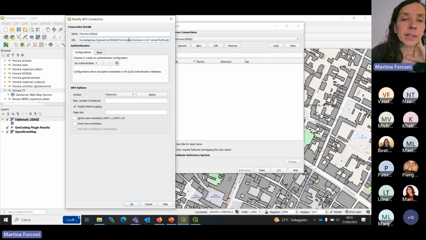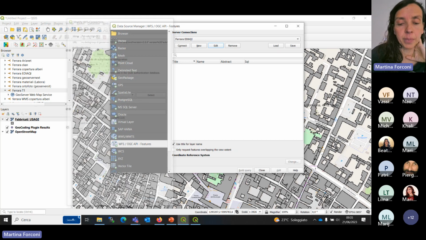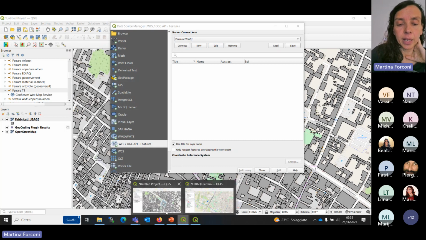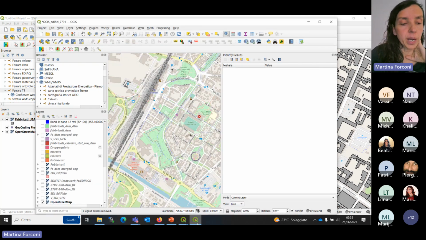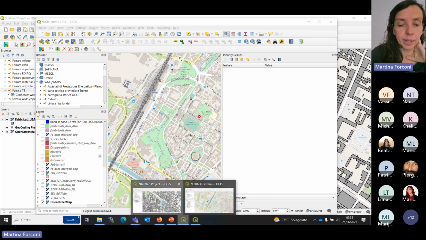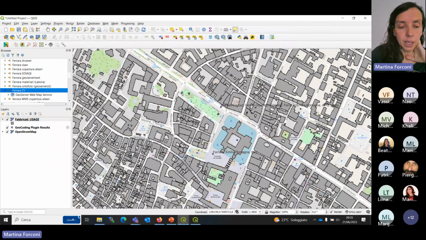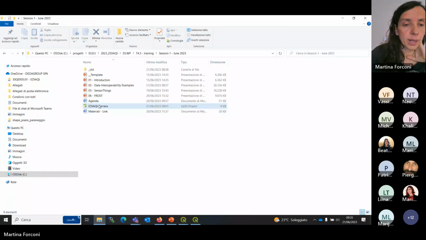Or you can write here WMS or WFS, it is a little bit the same. Here I have a project where we have already created the connection.